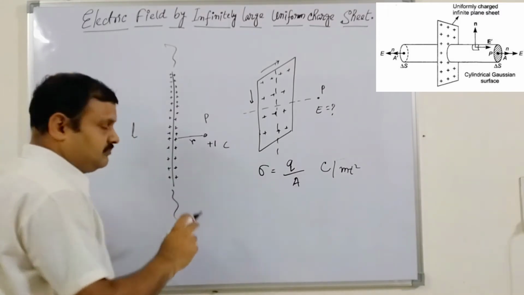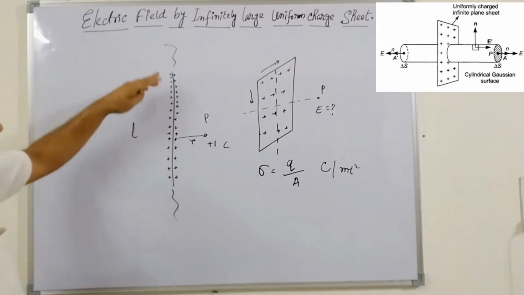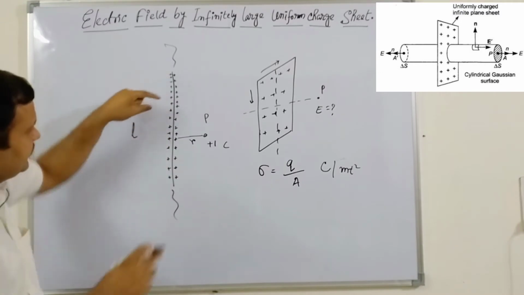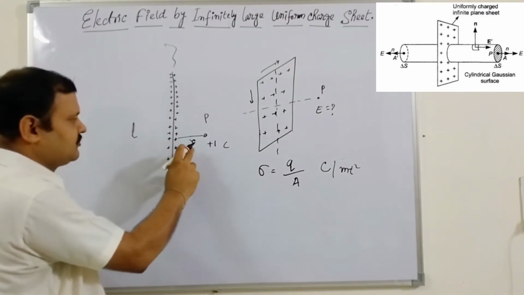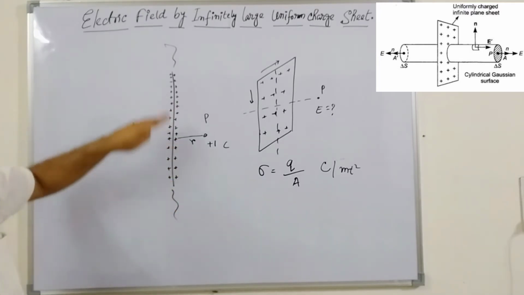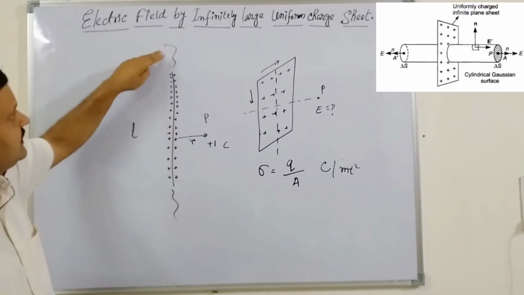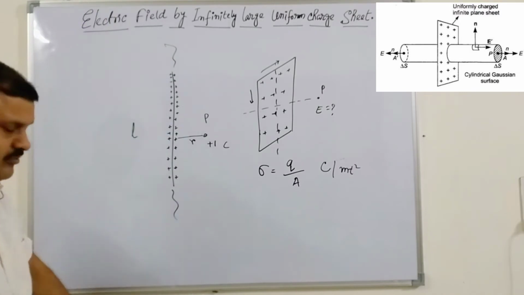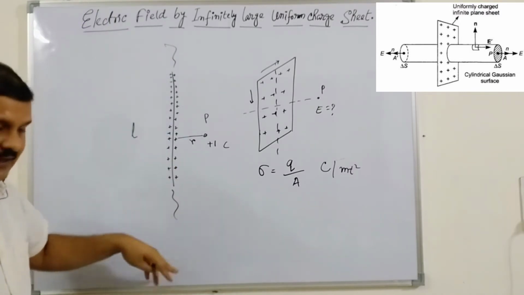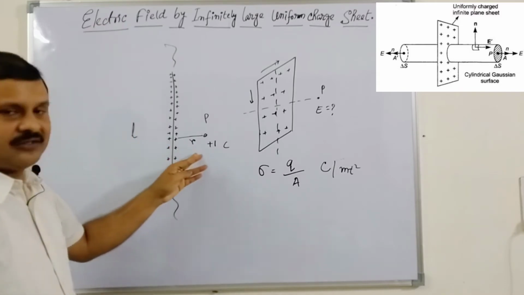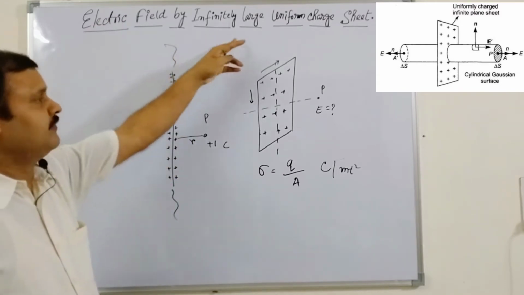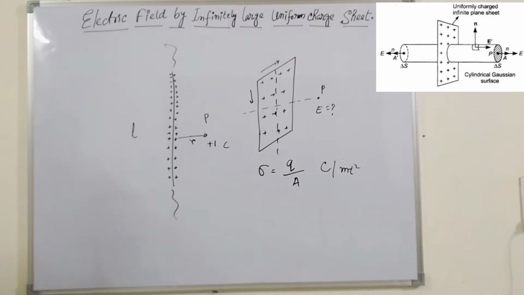Now, from the Gauss application, it is infinity. Why are we saying infinity? Because the ratio of L and R is very high. L is too high in terms of R, so we say it is infinite. It is not that it touches the sky or goes very deep. It is not so long. It is only comparative. L is much larger than R, so it is infinitely large. We say it like this.